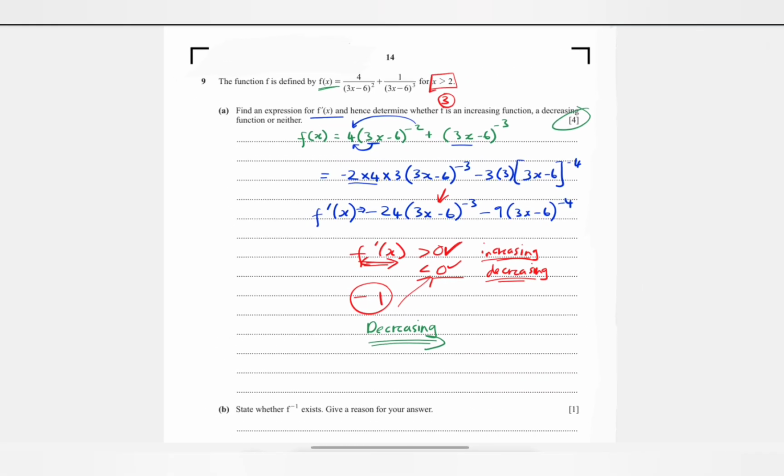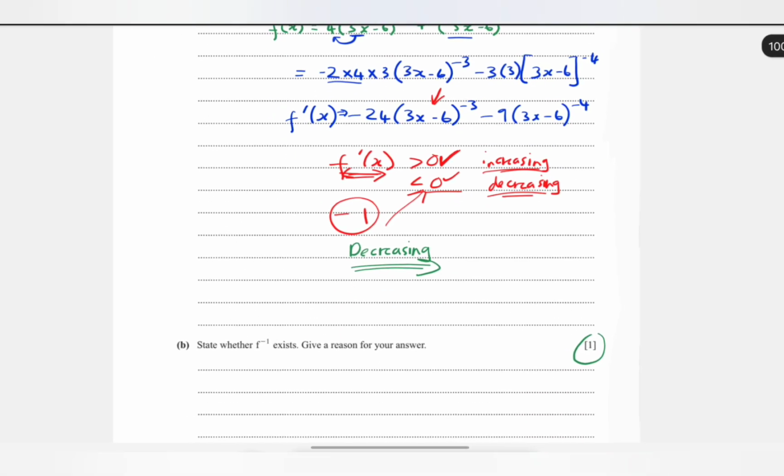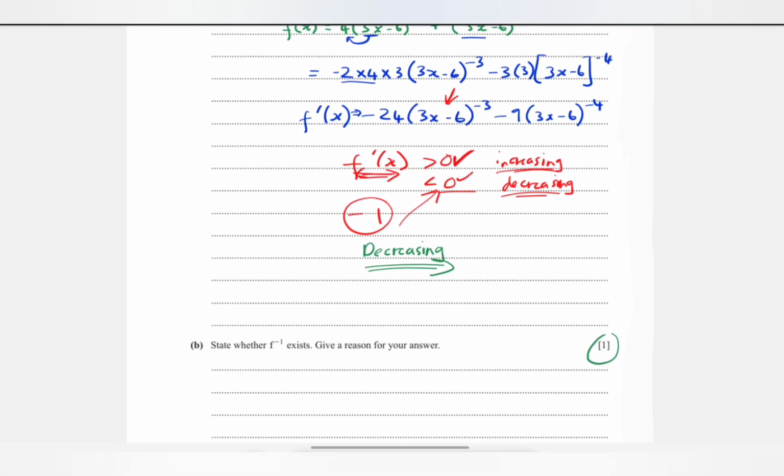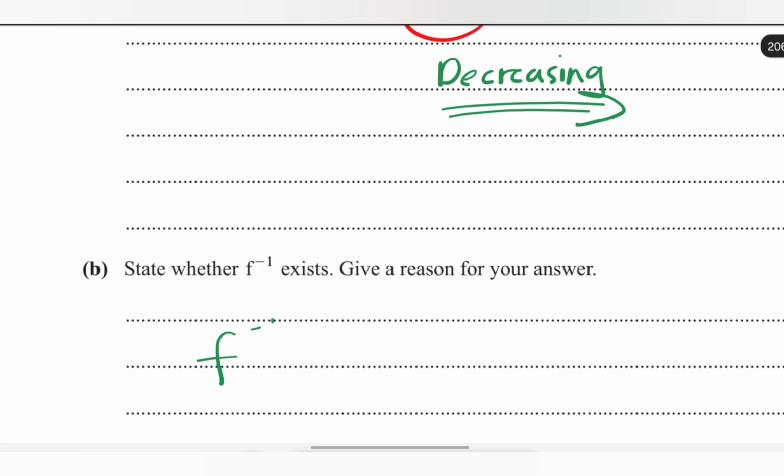For B, which is saying state whether an inverse of f exists and give a reason for your answer. And it's for 1 mark. So looking at the previous question, we determined that it's a decreasing function. Now, if it's a decreasing function and we are convinced that it's strictly a decreasing function, then that means each x coordinate is going to give us a unique y value, and that is going to be my reasoning for this, to say that f inverse exists,